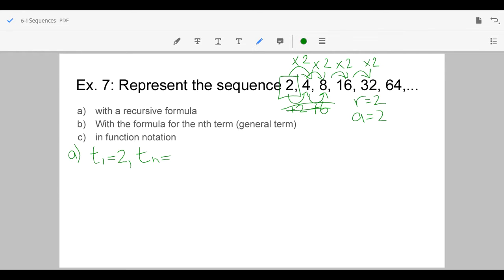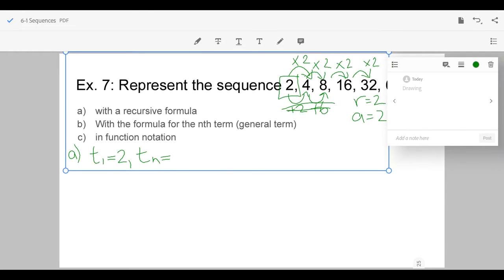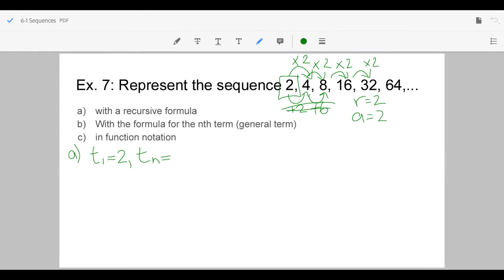So it's in general. Actually, I'm going to write this slightly differently. Nope, I don't want to erase that. All right, term n is equal to r times term n minus 1, and n is greater than 1 in this case. r we know is 2, so we're going to sub that in. So term 1 equals 2, term n equals 2 times term n minus 1. So term 2 would be equal to 2 times term 1, which would be 4,